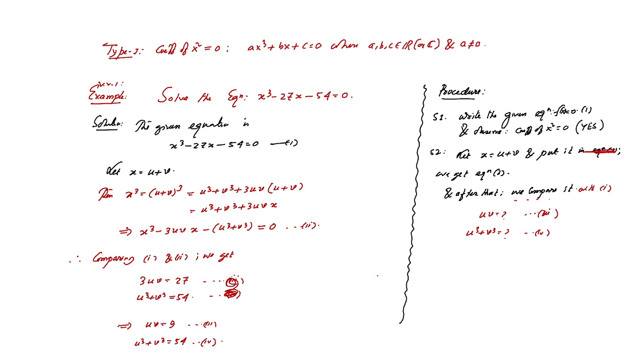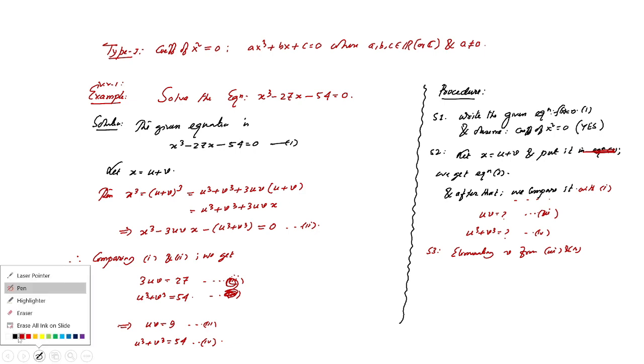Now we are eliminating v from equations 3 and 4. That will be the next step. How to eliminate? So eliminating v from 3 and 4, what we will get? Now we'll move to step 3: eliminating v from 3 and 4, we have